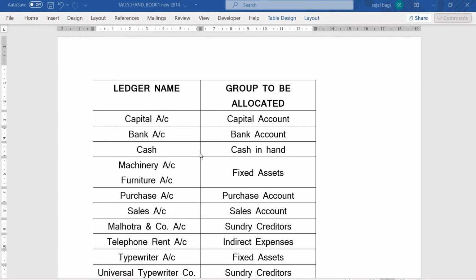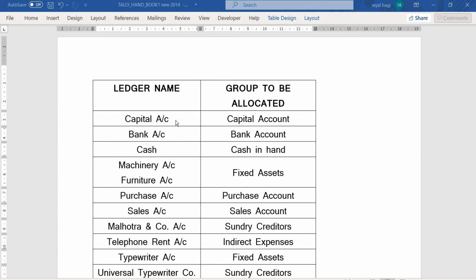While writing in case of theory examination, two tables have to be created. One for the masters, the other one for the transactions. In the first table, it consists of two different columns. The first column, ledger name, and the second one will be group to be allocated. After checking the first transaction, just check which are the account heads or the ledger names have to be created.